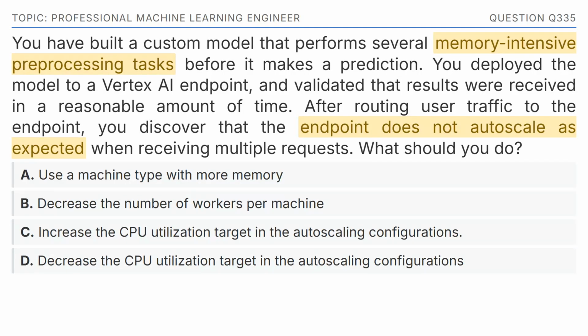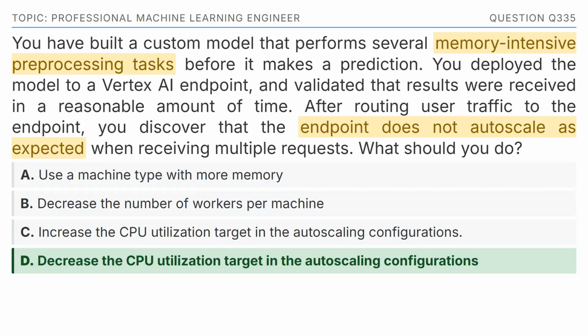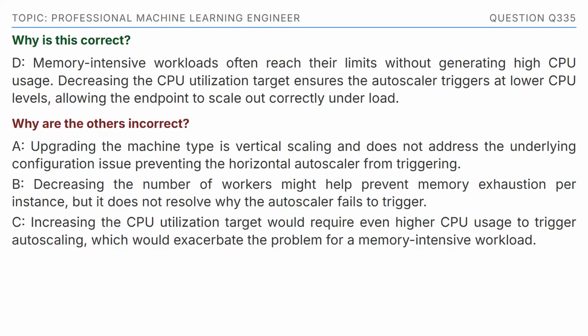To arrive at the correct answer, we focus on the keywords: memory-intensive preprocessing tasks, endpoint does not autoscale as expected. The correct answer is option D, decrease the CPU utilization target in the autoscaling configurations. Why is this correct? D. Memory-intensive workloads often reach their limits without generating high CPU usage. Decreasing the CPU utilization target ensures the autoscaler triggers at lower CPU levels, allowing the endpoint to scale out correctly